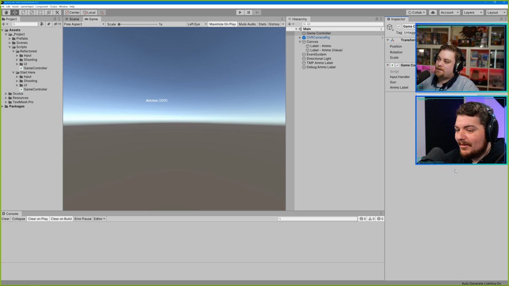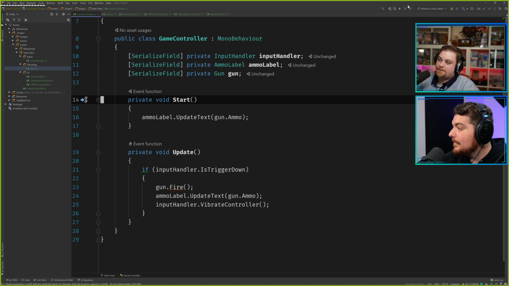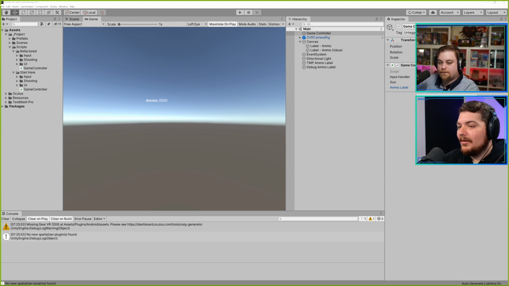It might be some quirk with Unity being a pain in the butt. Unity just has to give us trouble. But I have done this many times, so I guess you'll just have to take my word for it. I'll probably have to restart. Well, if you want to explain it, I'll just try to restart and see if that fixes it.